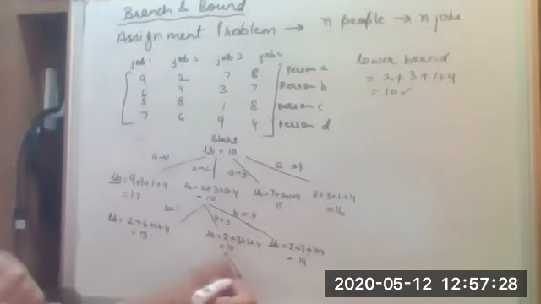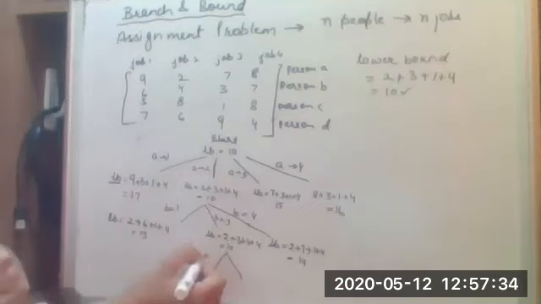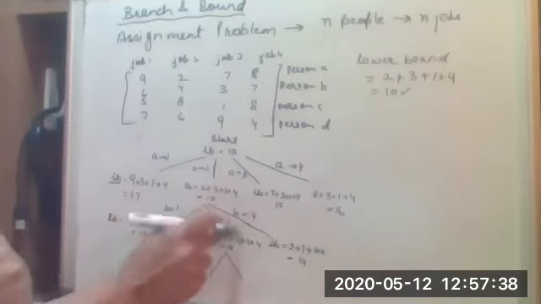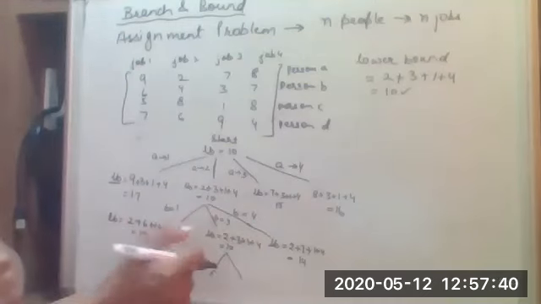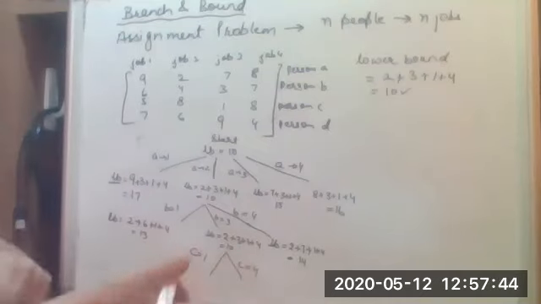So from here we will look for C that can be equal to, because 1 and 2 is already assigned. So C is equal to 3. Sorry, B is equal to 3. So C can be equal to 1 or C can be equal to 4. I hope that is clear.